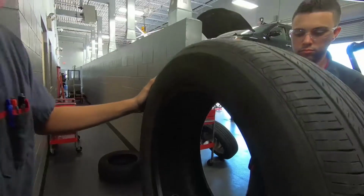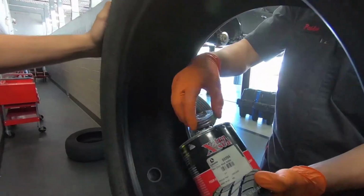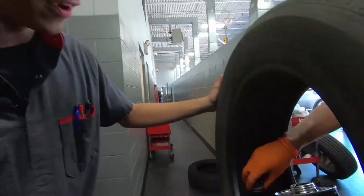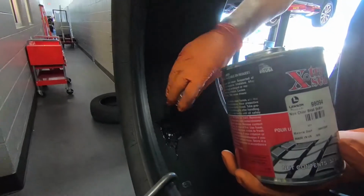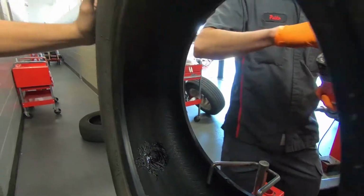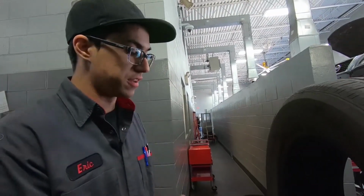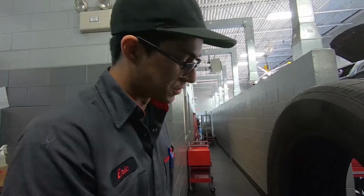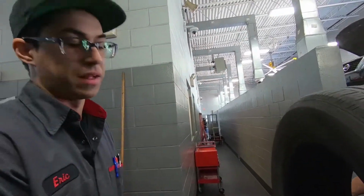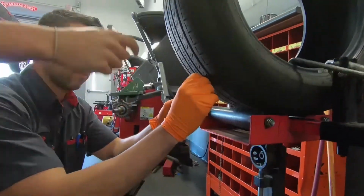As a measure, we usually add a bead sealer. It's like a second layer of protection, just to make sure there isn't any air going through the patch. Once that's done, we usually let it sit for between 30 seconds to a minute, so that it can fully seat down and there's no glue going around the tire once we balance it. Now we get the razor blade and just cut that off,